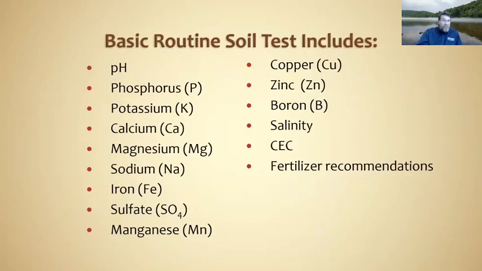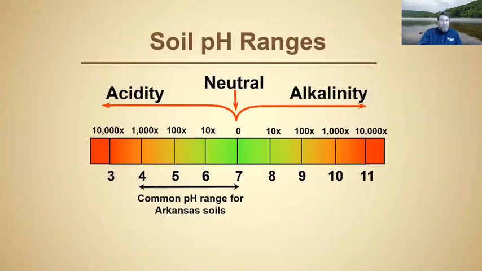You get your test results back, and there's going to be a lot of information in there, on a form. You may need some help from the county agent for interpretation of what those are. One of the key components on the soil test results is what the soil pH is of